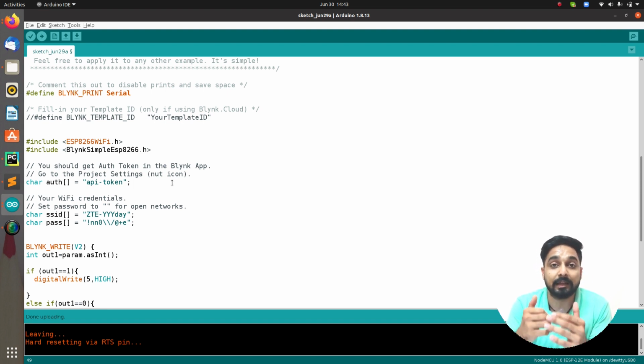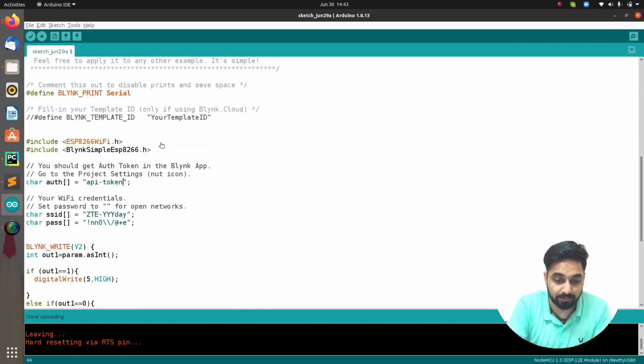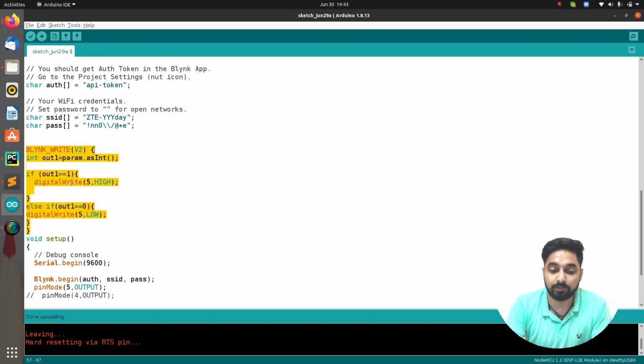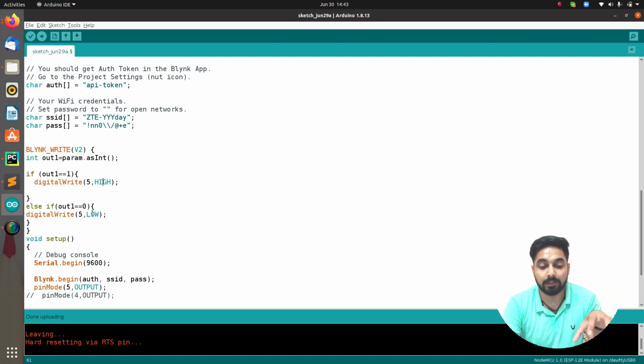So let's first do that, and let's start writing the code for it. As you can see, I have the code opened with me, and in this code everything is already set up. Here I'm using this Blink right over here, through which I am simply turning the relay on and off. I already have the device and everything set up with me, so I'm just gonna do that step. For that you can see digital write pin number 5. So I'm using pin number 5, which is the GPIO 5 pin, and I'm just turning it on and off based on the button that I have added to the Blink application which we have just created.